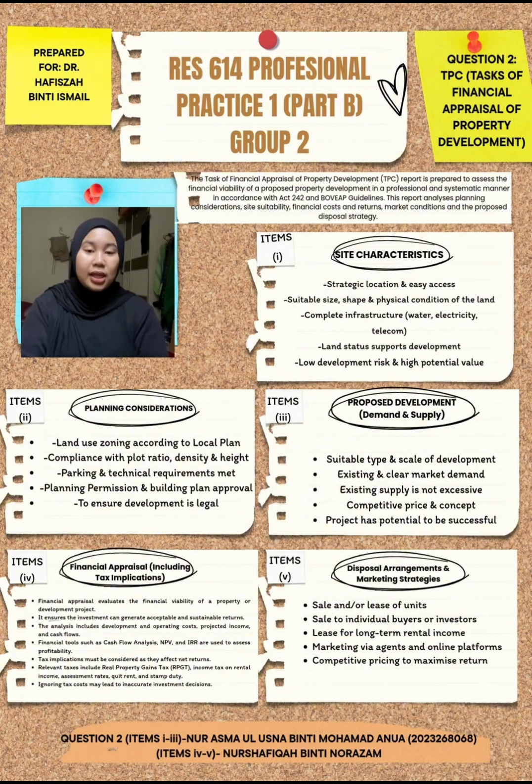The land size and shape are evaluated as they affect building layout and development efficiency. Physical characteristics such as topography, soil condition, drainage and earthwork requirements are also assessed to determine construction feasibility and cost. In addition, land tenure status, restrictions in interest and availability of infrastructure such as electricity, water and telecommunication are considered, as these factors can influence market acceptance and development costs.